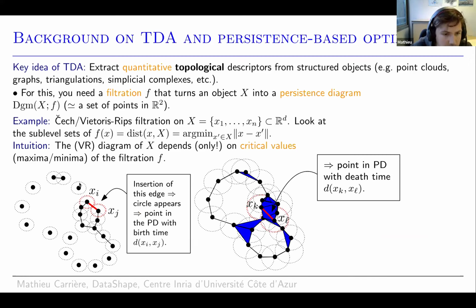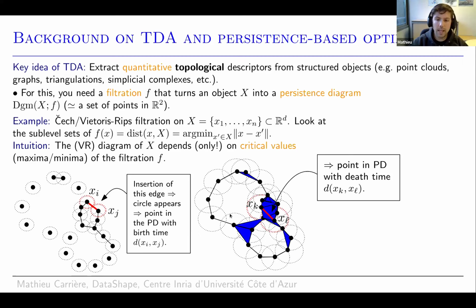So here you can see the little spheres that I grow on the points. Okay, so for this radius, for instance, I'm going to draw an edge between points as soon as their corresponding spheres intersect. And for this radius, I create this edge, which is the last one that I needed to create this cycle. So this radius of the sphere is, if you want, the x coordinate of the point in the persistence diagram